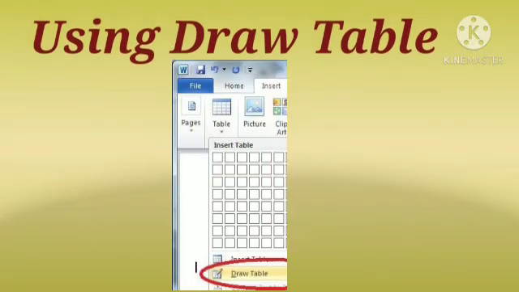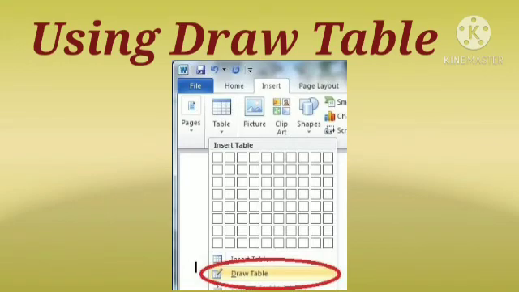Using Draw Table. When you draw a table, the cursor is changed to a pencil and you can draw out the columns and rows. In this way, you can size the table to your liking. This tool is used to draw complicated tables where a single row or column is split into multiple rows and columns depending on the need and desire of the users.